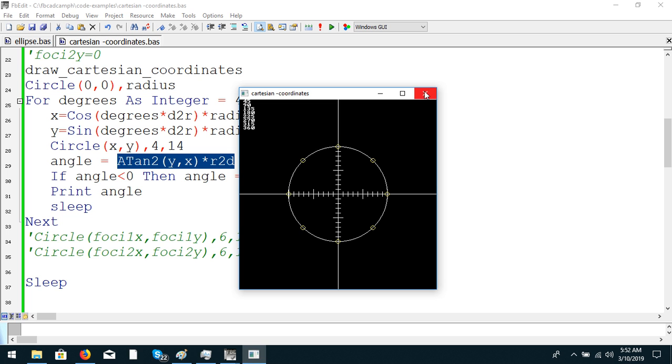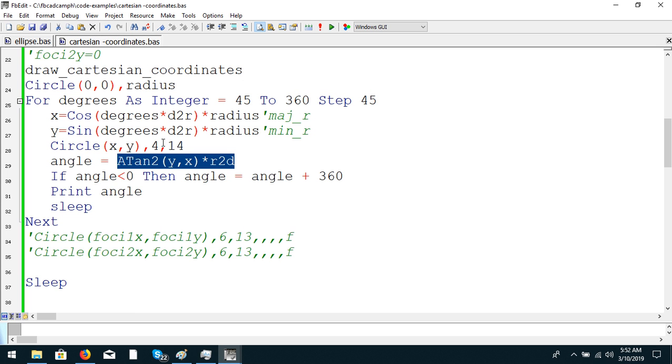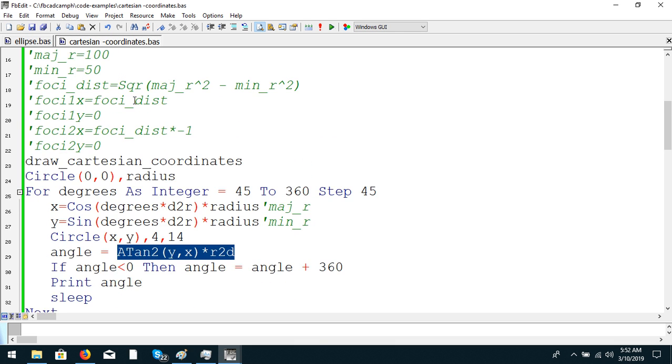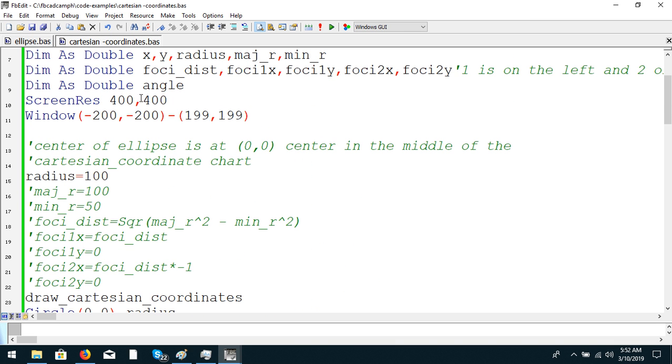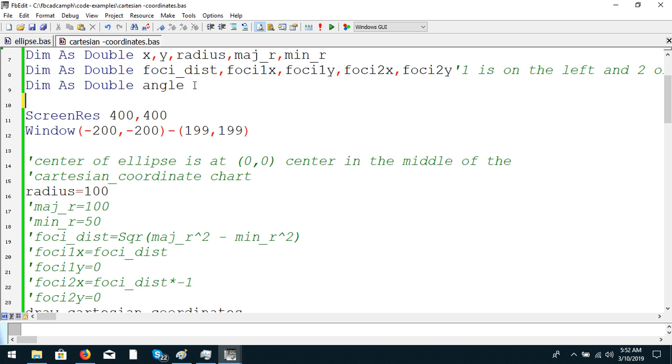Okay. So that right there is demonstrating the arctangent 2 function. What if I wanted to know what the angle of each point on the circle is to, let's say, for example, some arbitrary point? Let me put another variable up here. Let's call it arbitrary dimension as integer,